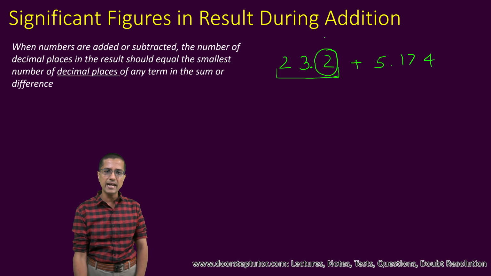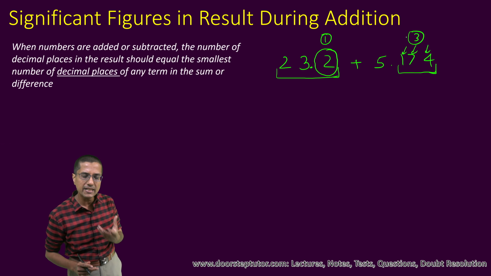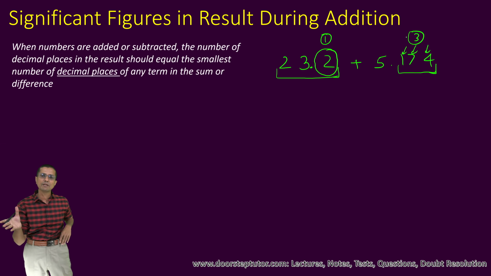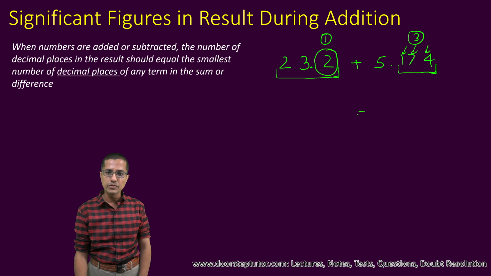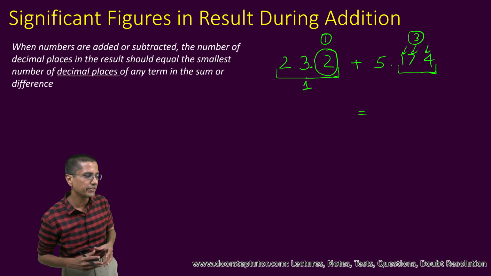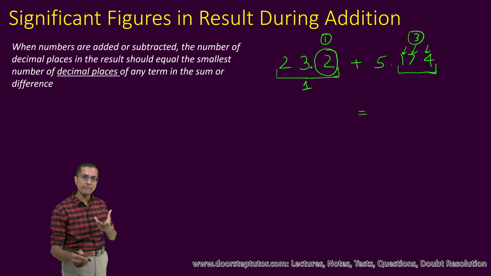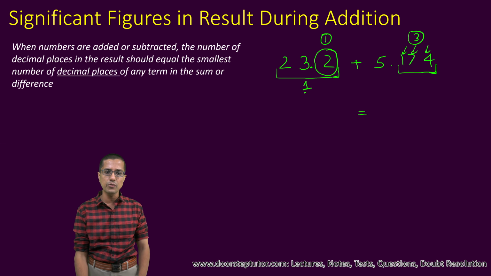So in this operand, my accuracy is to 1 decimal place. In this operand, my accuracy is to 1, 2, 3 decimal places. Number of decimal places means the number of digits after the decimal point. So my final answer will be governed by the operand with the least accuracy, with the least number of decimal places. So my final answer would be governed by this first operand, and I will have only 1 decimal place in